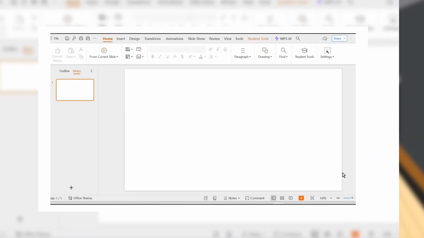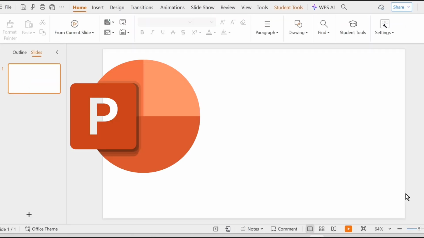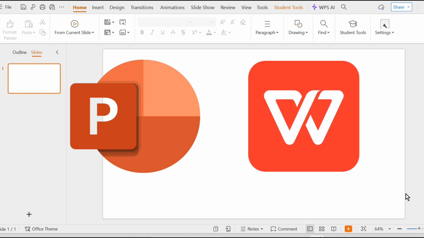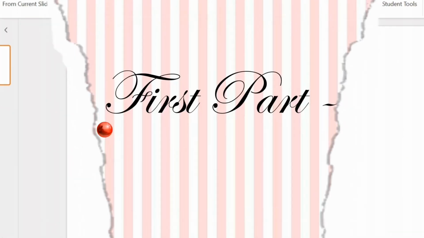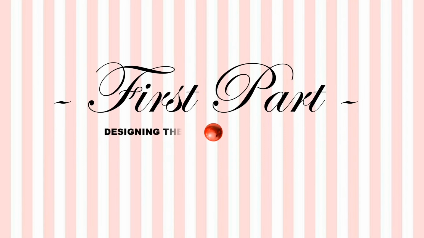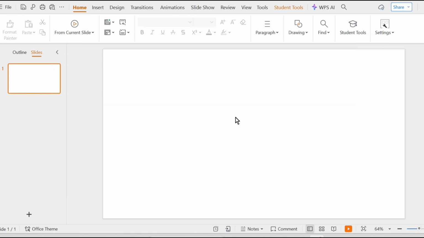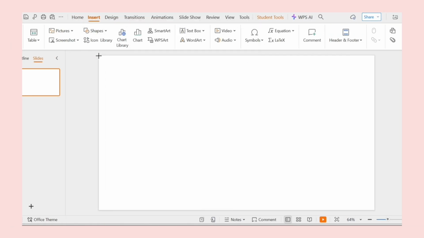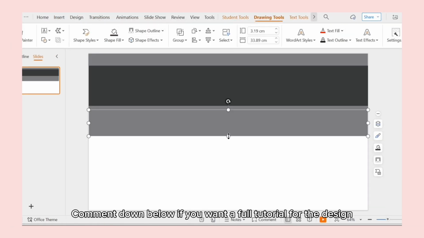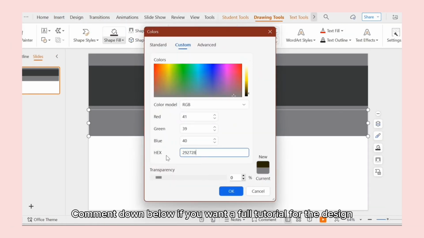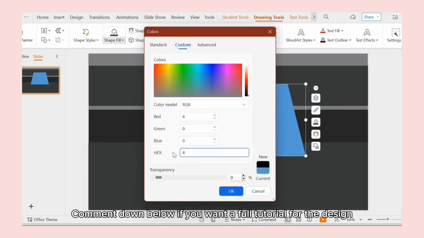Alright, for this design, you can use Microsoft PowerPoint or WPS presentation. The process is basically the same in both applications. First, we need to design the slide and transform it into a bowling alley. This is the concept I came up with. I created this entire design using shapes only, because shapes are very flexible, so you can easily manipulate the form, adjust, and customize them depending on the look